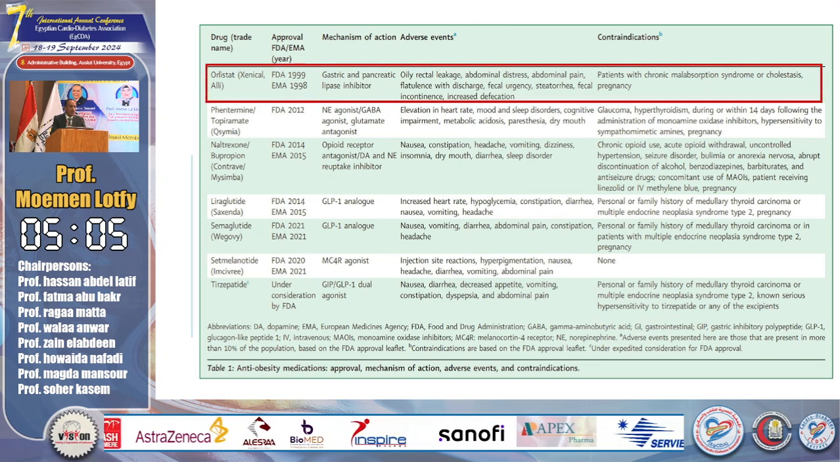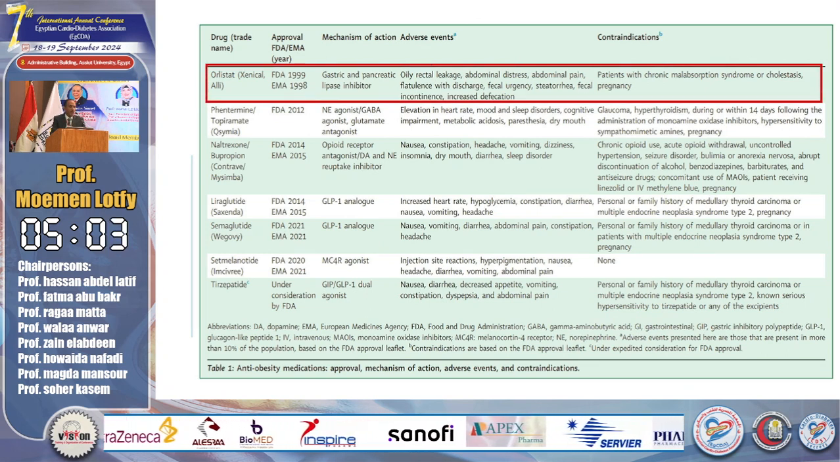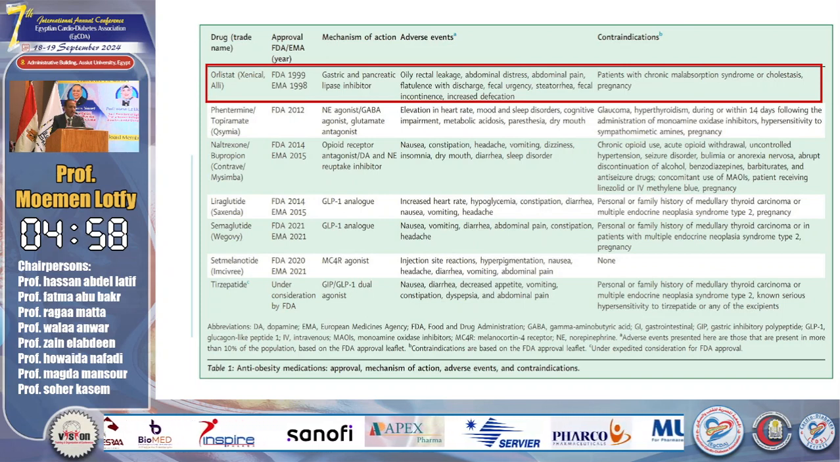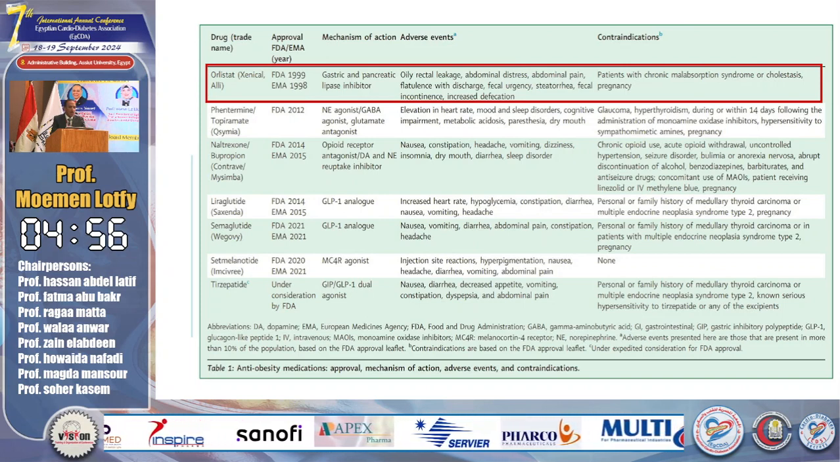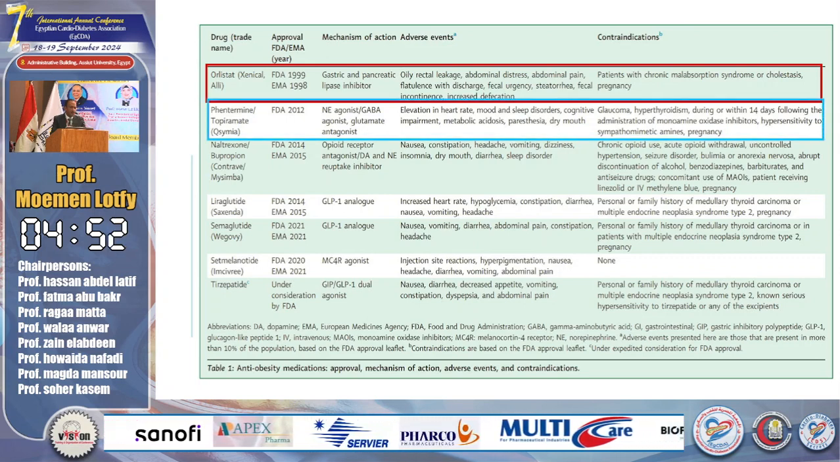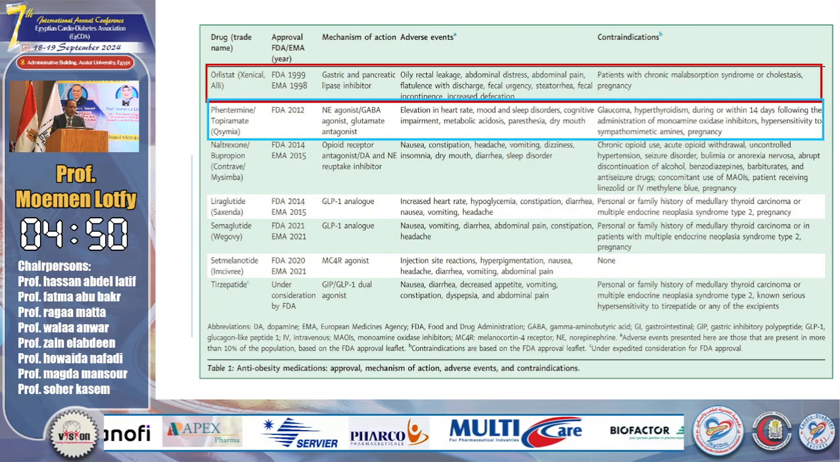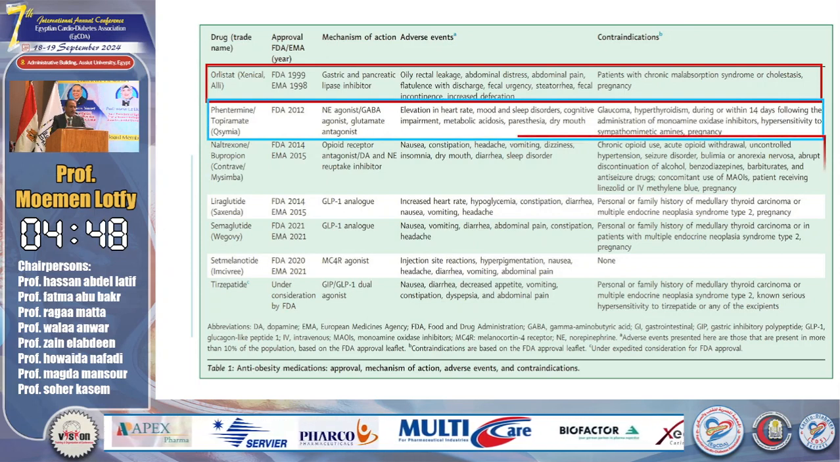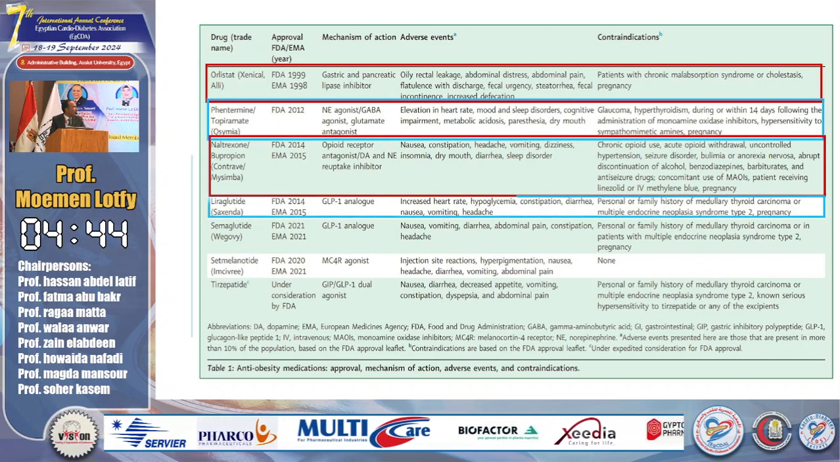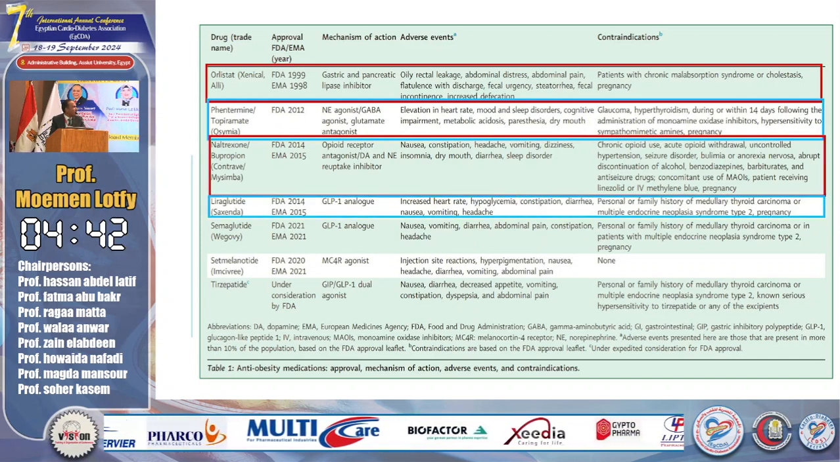These are all the drugs at the time of approval by the FDA. The first one is orlistat, and these are the side effects and contraindications of orlistat. All of the drugs are contraindicated during pregnancy. And these are the centrally acting phentermine, topiramate, and naltrexone. And this is GLP-1 liraglutide, which is approved in